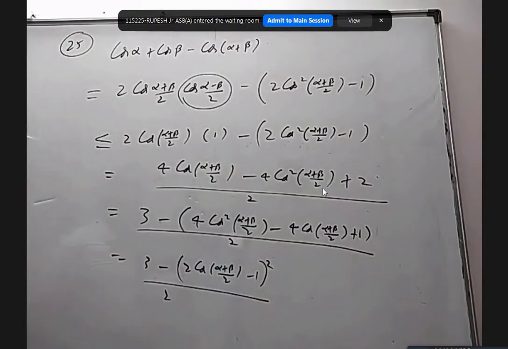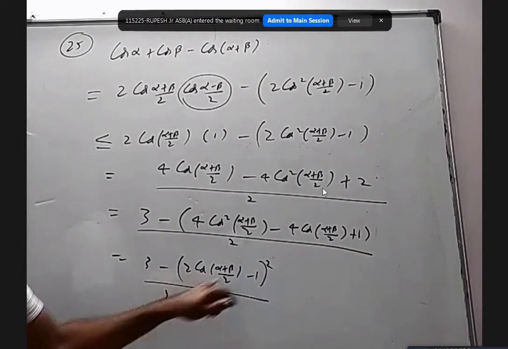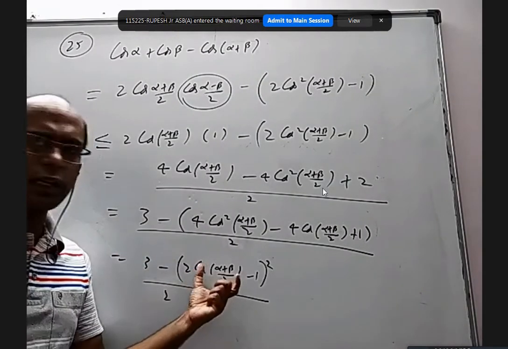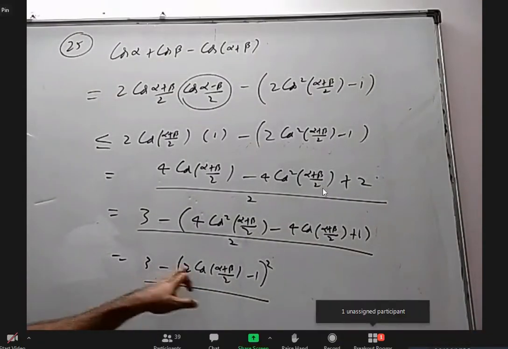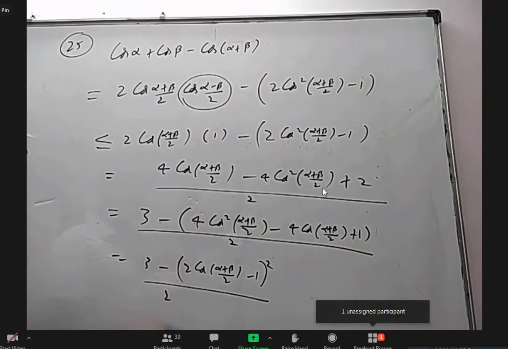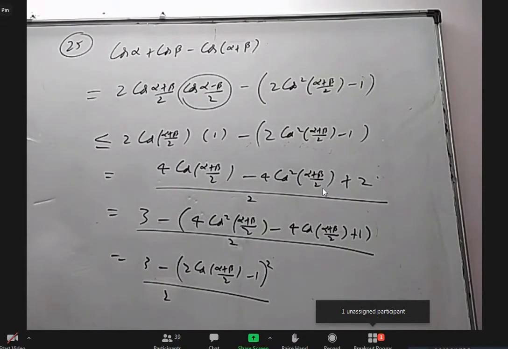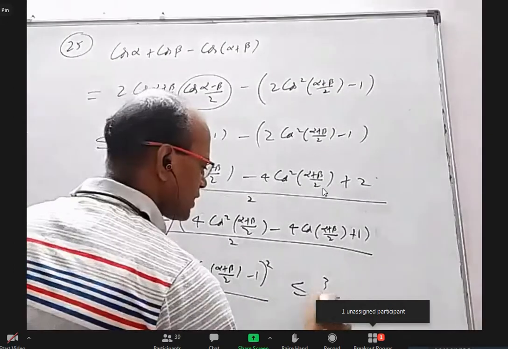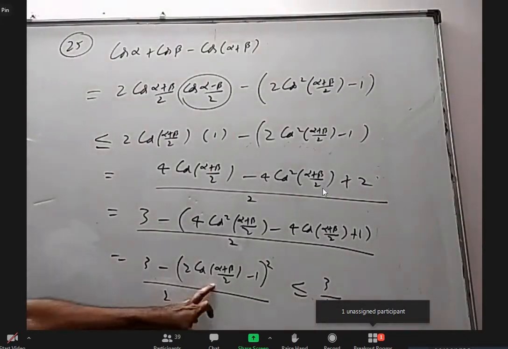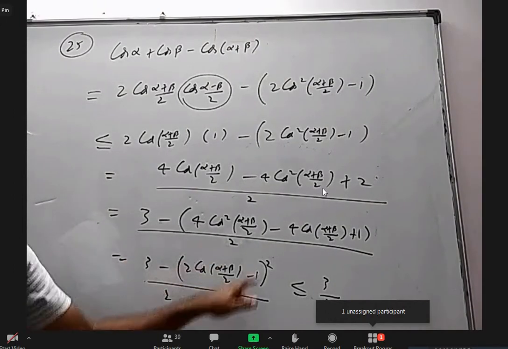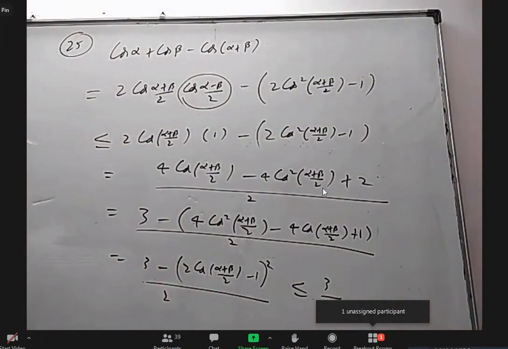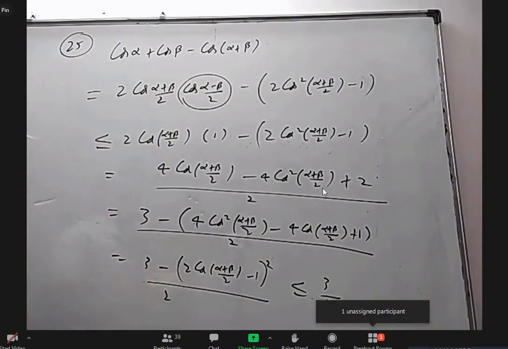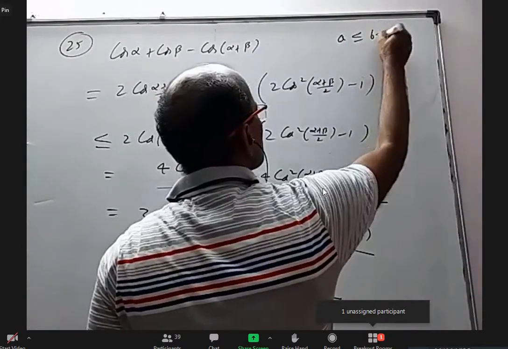Okay, so 3 minus something whole square. The square of something can be 0 or positive, but it cannot be negative, right? So 3 minus a positive quantity. Then what is the maximum value of this? 3 by 2. Yes, so I can say it is definitely less than or equal to 3 by 2. Whenever you want the difference of two things to be maximum, the first should be maximum and the second should be minimum. And something whole square has minimum 0. When I'm minimizing this, I'm maximizing the total. So I proved this is less than or equal to this, which is less than or equal to this. It is like I proved A less than or equal to B less than or equal to C.